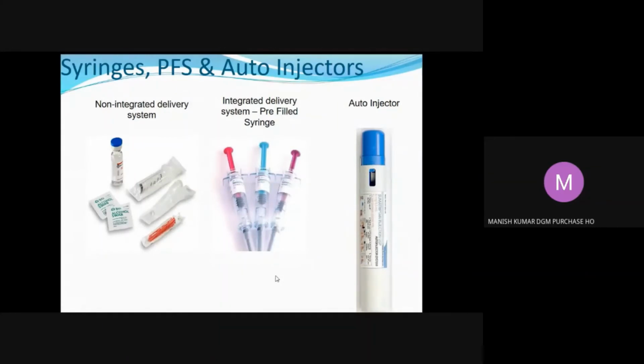So you can go and see all those pre-filled syringes if you need more information about that. BD is the world's largest pre-filled syringe manufacturer. You can go and see what the different types of pre-filled syringes available in the market are, and it will give you a very good idea. And also auto injectors, if you search in Google, you will come to know about the auto injector or injector pens. Those pens are also available, but it is not in the generic market. Most of the time you have to go company specific, product specific, they are making it.